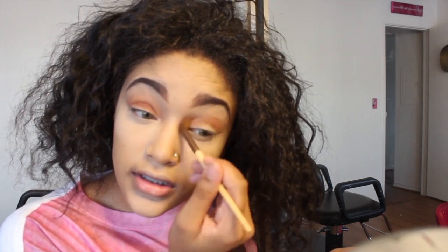Shoot, my lid is not up here. It's just not, sadly. I don't have that much lid space. Anyway,